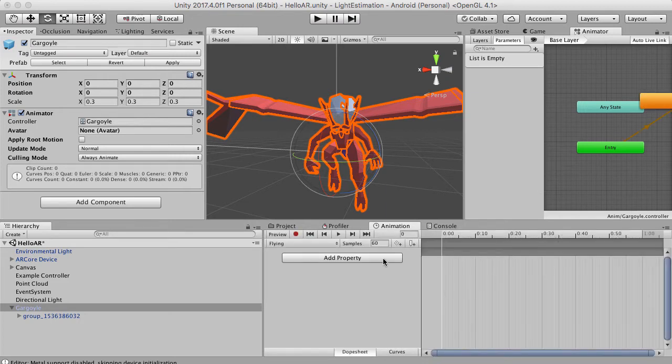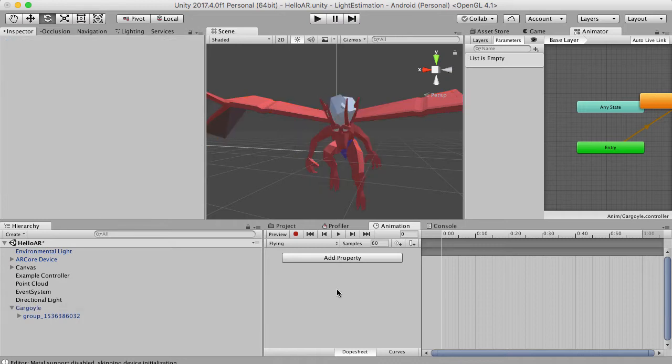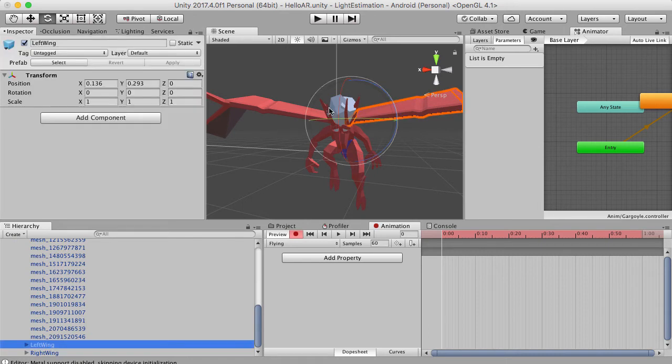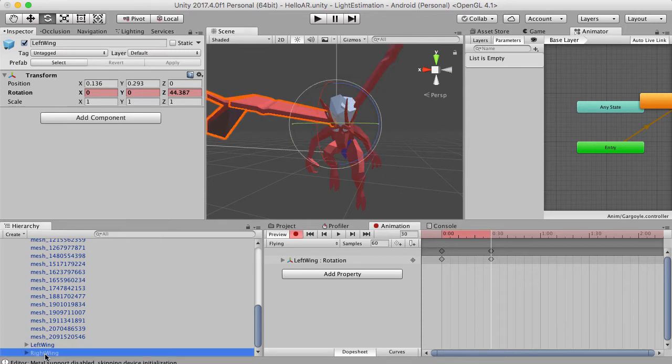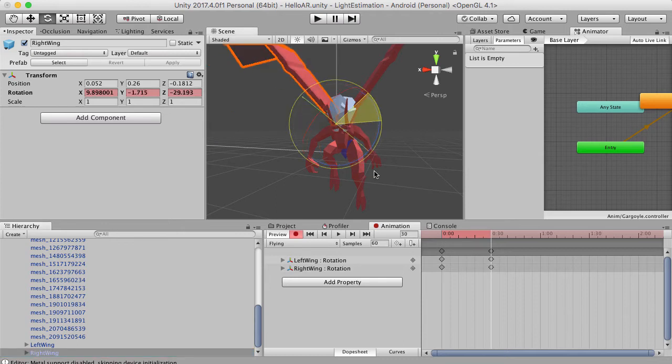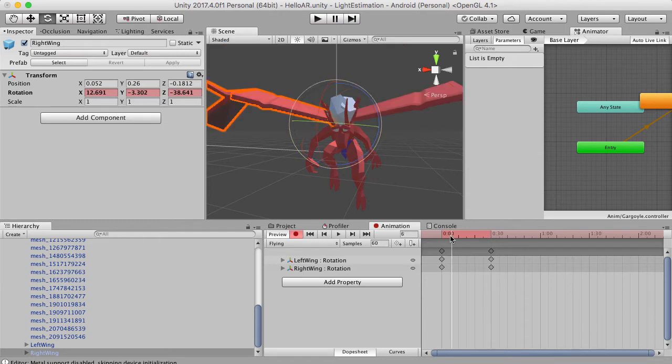And then once that's done, we can start adding the properties, and the properties we want to do are for the wings. So let's hit record. Let's do this a quick way, and then let's select the left wing like that. And I think if we just go to, let's say, the 1 second mark, or is it? It's 60 frames per second, so I think this is kind of the halfway mark. Let's push this wing up, the rotation of it up like that, and that saves that state. Let's take the right wing, let's do the same with that. And then we've got basically a bit of a flapping motion now,